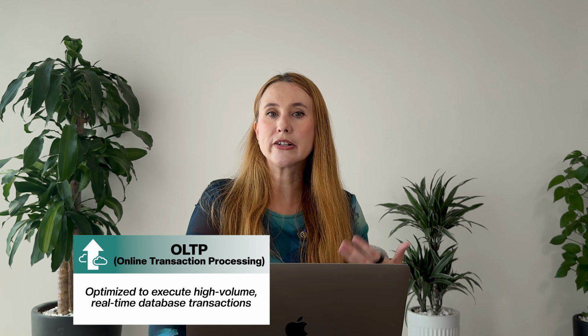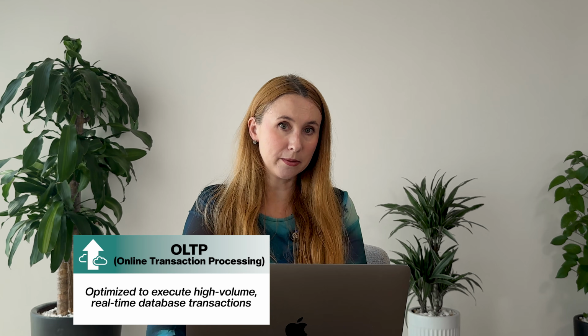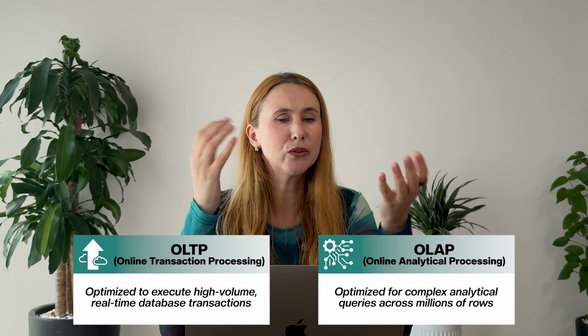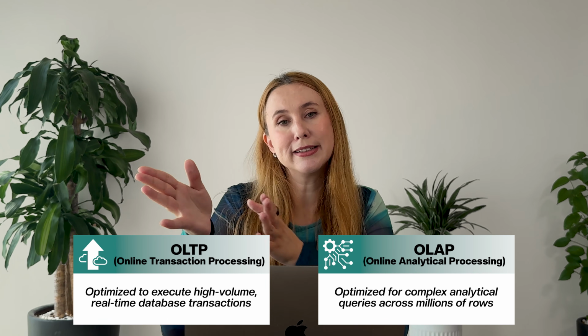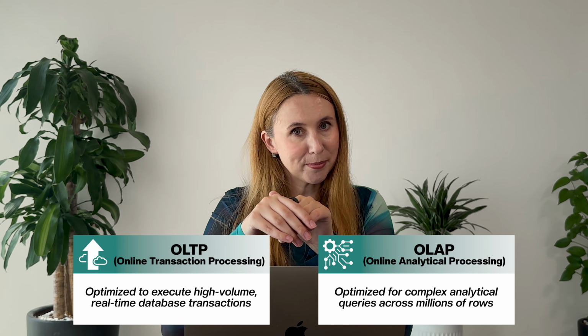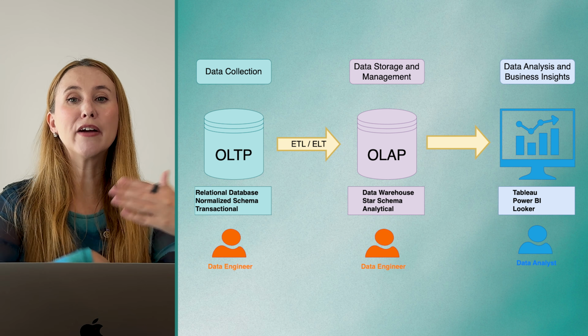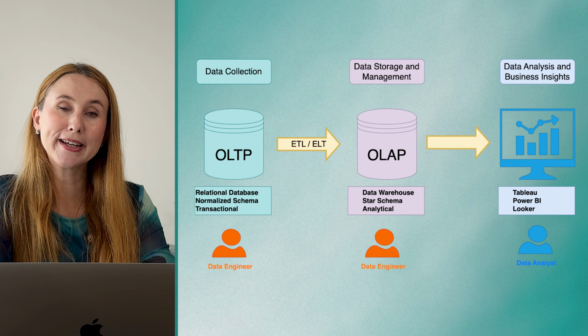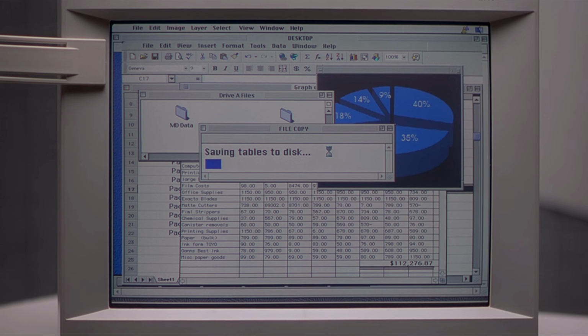The database your app writes to is built for one thing: fast individual inserts and updates. That is OLTP. The database built for reading millions of rows to answer "How did we do last month?" is a completely different beast, and that's OLAP. This is why every company you will ever work for has a whole pipeline just to move data from one place to another. If you're running a report or an aggregate query, I mean group by, and everything slows down,